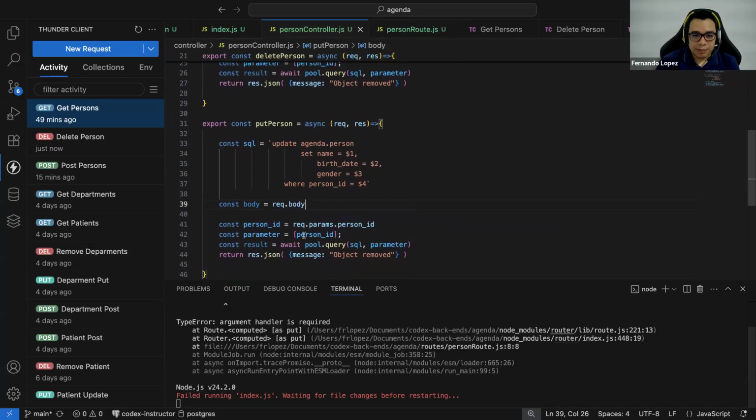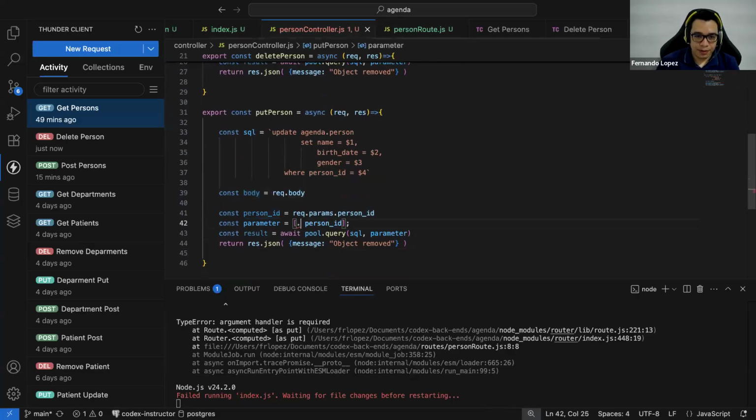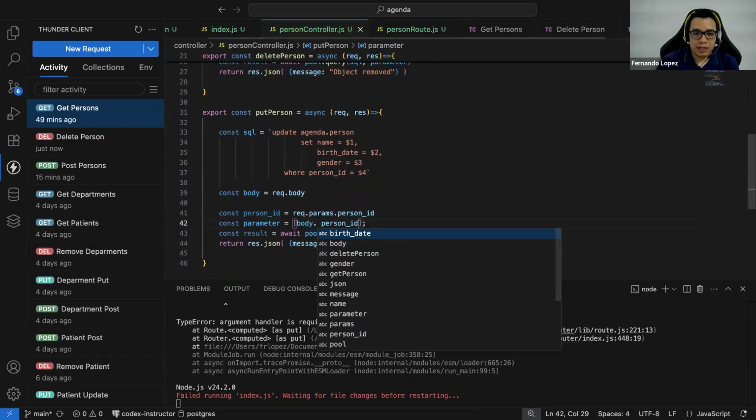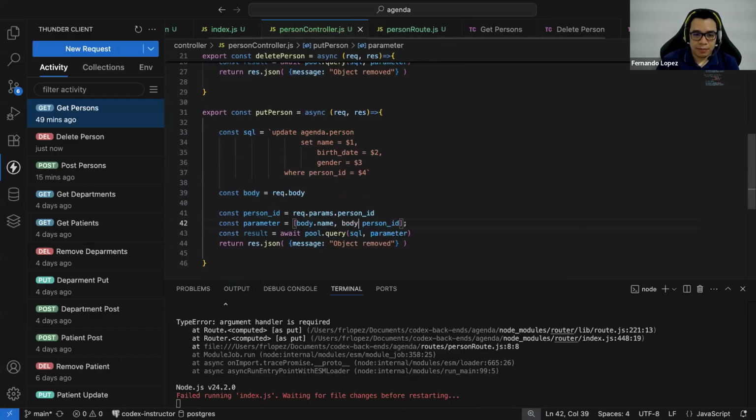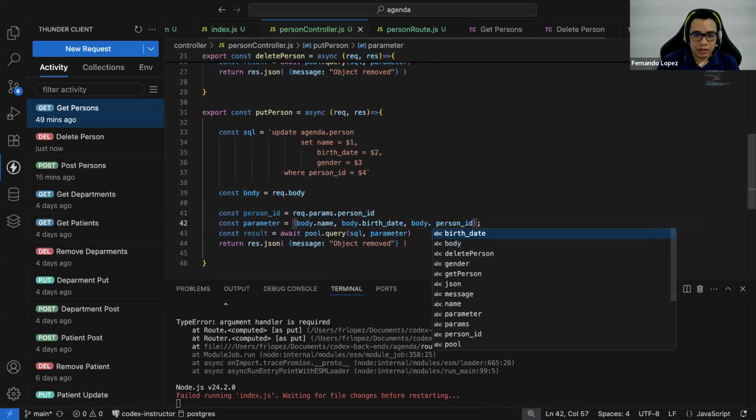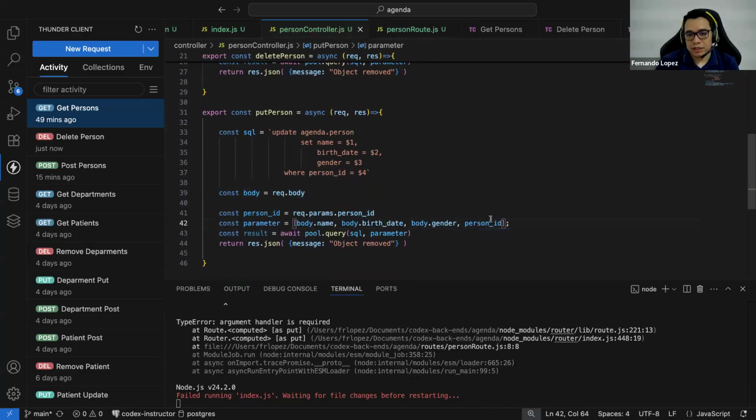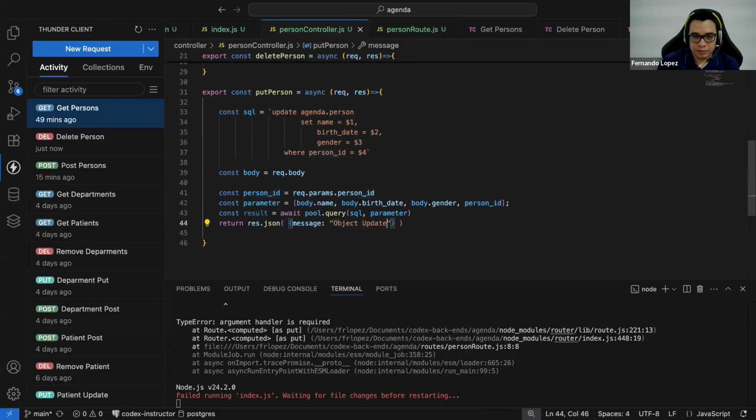Now, in the parameters, we're going to pass body.name, body.birth date, and body.gender. And the last parameter will be the person ID. Object updated. This will be the message.